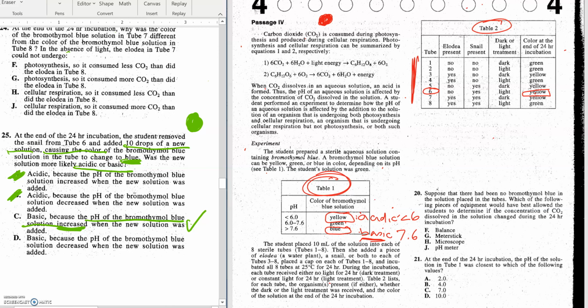D says basic because the pH of the blue solution decreased. No. The blue solution did not decrease. It went from yellow, which is less than 6, to blue, which is greater than 7.6. So the answer is